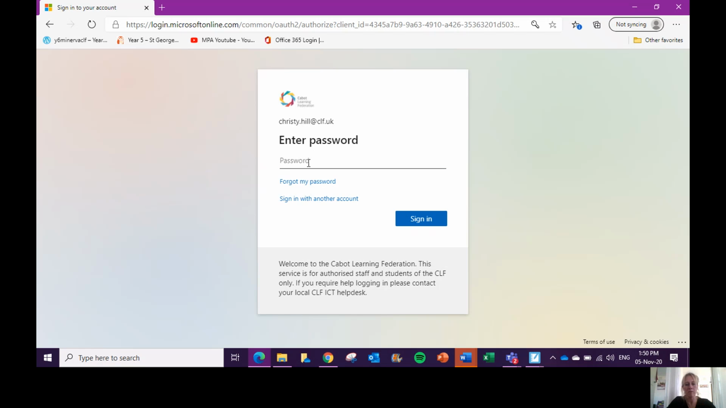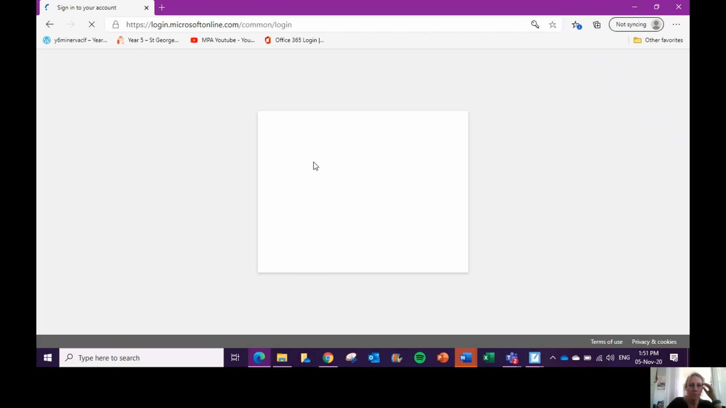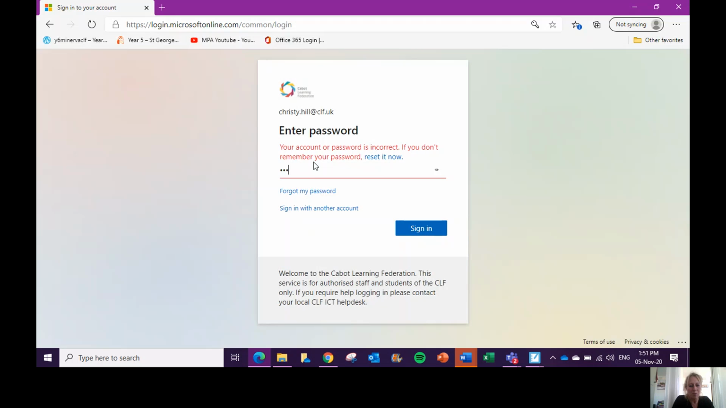So here you need to put in your child's password, which is first initial, last initial, and then their short date of birth. So the children have all been given their usernames and logins, but if you're stuck, please do let us know and we can get those out to you. Oops, so I'll just put mine in